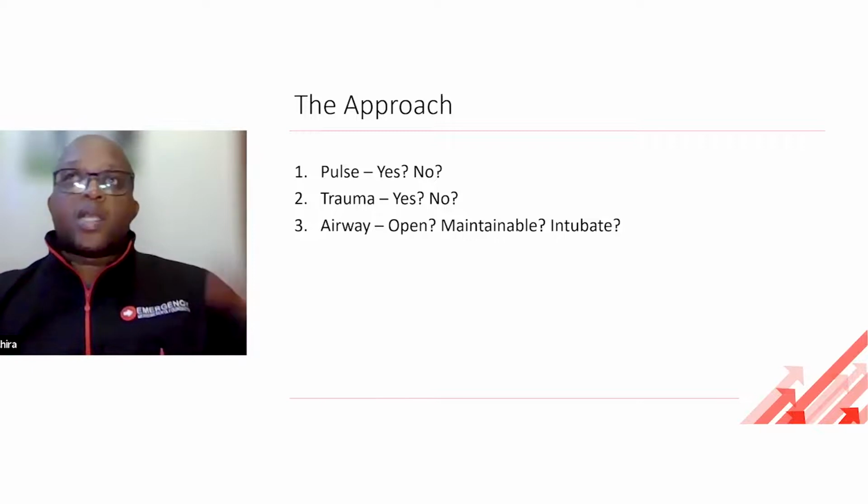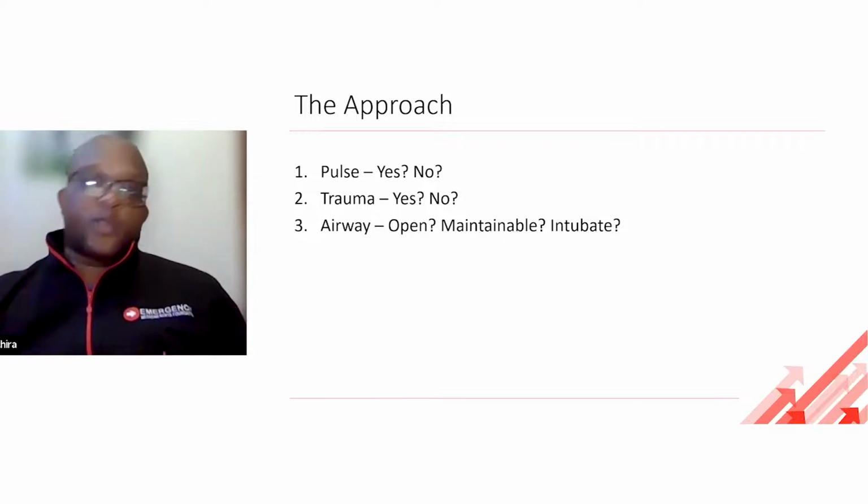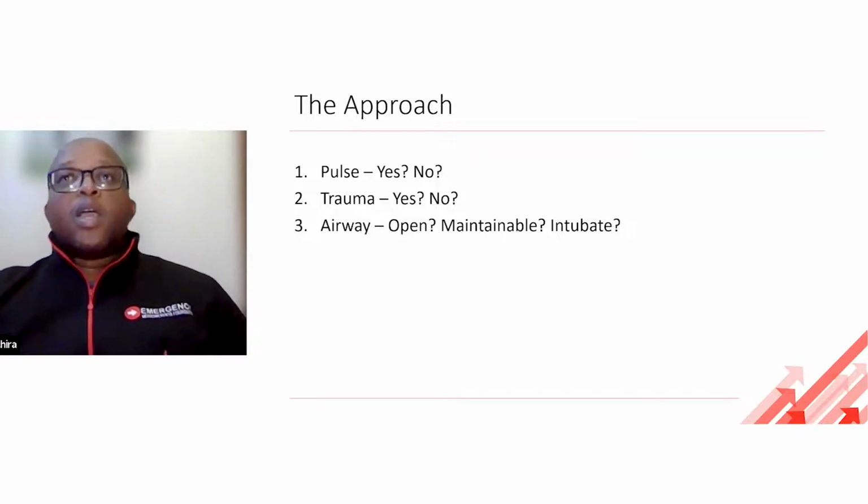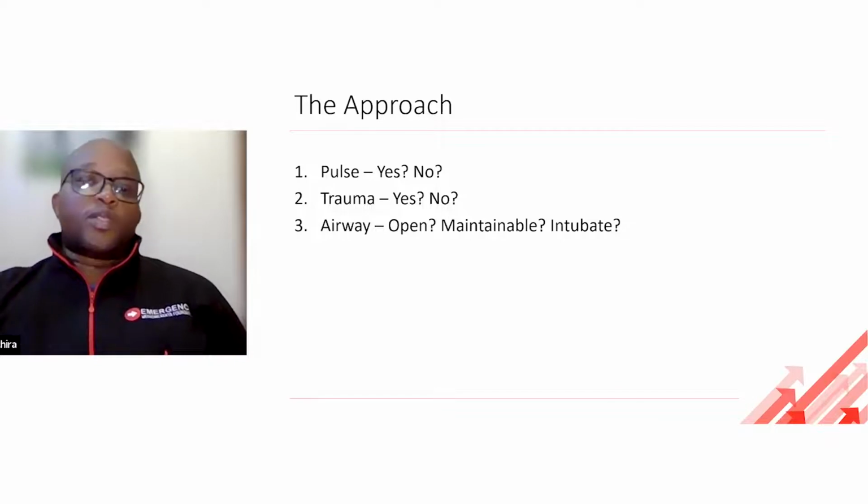If I release the jaw thrust, the airway closes. We have to intubate this patient. We're not going any further. We have to provide an advanced airway. And the advanced airway can be you putting in an ET tube, or you could be putting a supraglottic airway, your LMAs, your laryngeal tubes. So anything that is an advanced airway can be put at this point to maintain